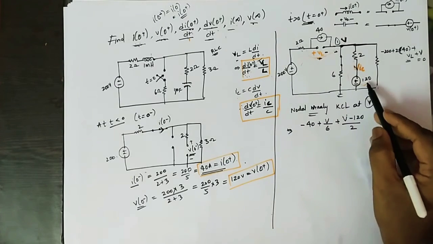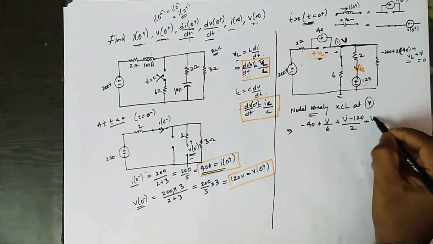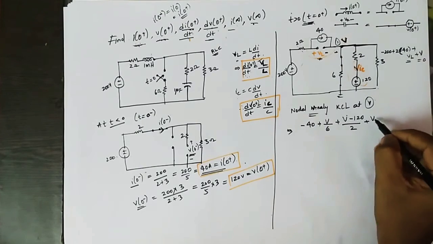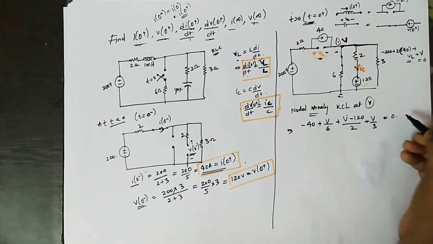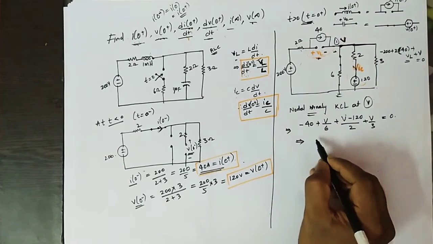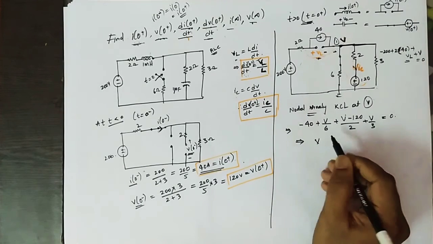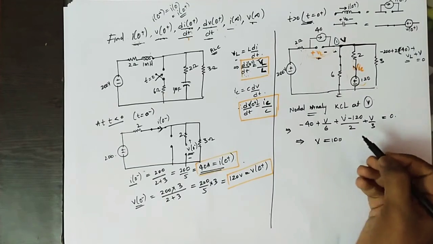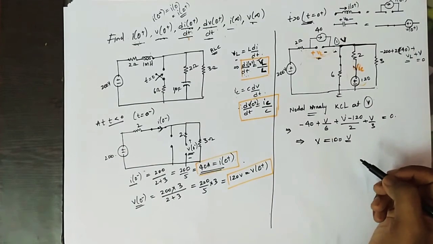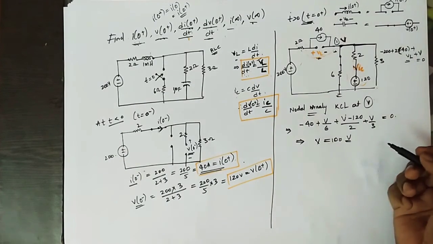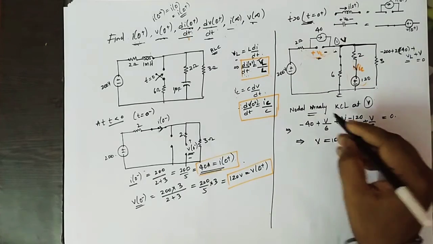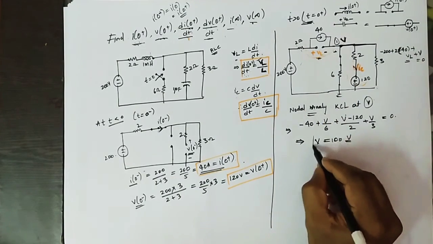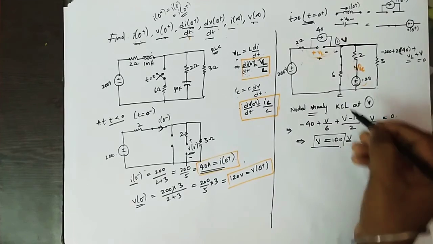So V minus 120 by 2 plus V by 3. Solve this, you will get V equal to about 100 volts. Okay, now KCL here, we get V equal to 100 volts. To get VL,